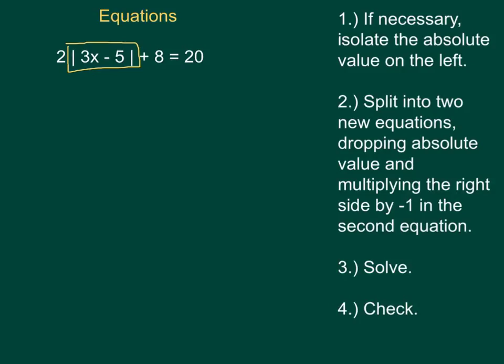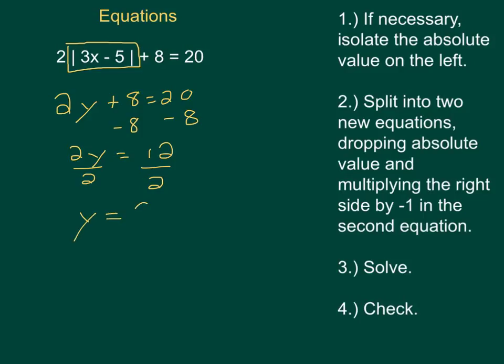I solve it almost as if I'm looking at an equation 2y plus 8 equals 20. If I was to solve that equation, I know that all I would have to do is subtract 8. This means 2y equals 12. And then divide by 2, and I'd get y equals 6. Well, now that y that I had wasn't actually y. It was actually a whole expression that was an absolute value. So I'm going to put that back in here, and I'm going to look at the absolute value of 3x